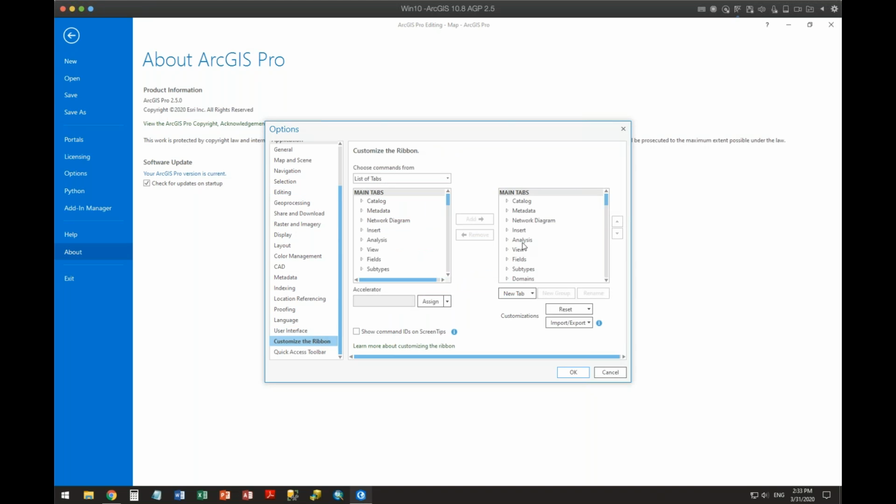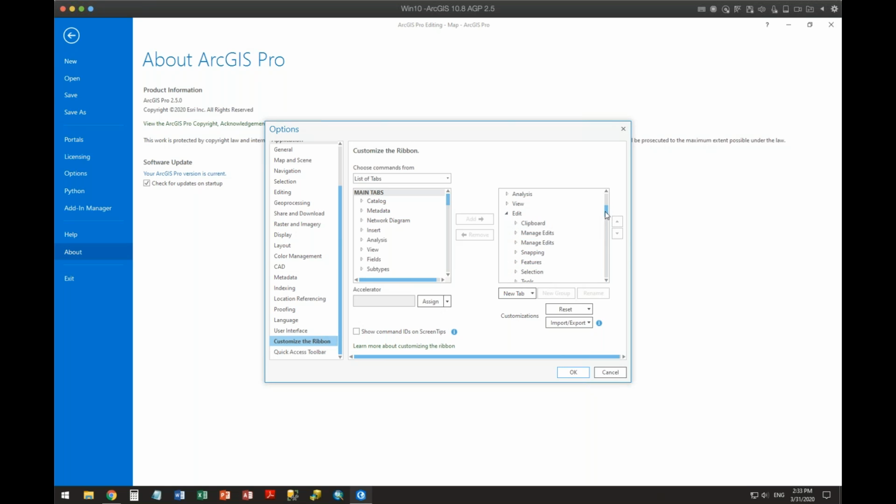So here are the main tabs. Now, by default, if you look at this, there's a whole lot more tabs than you think are showing up all the time, because they're hiding some of them depending upon what you're doing and where you're at. And I can tell you the edit tool is here.